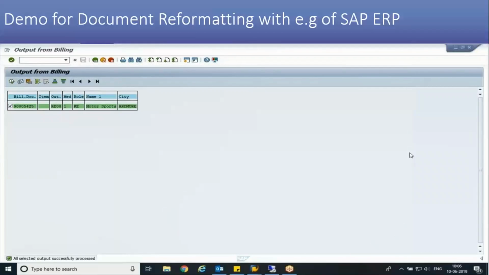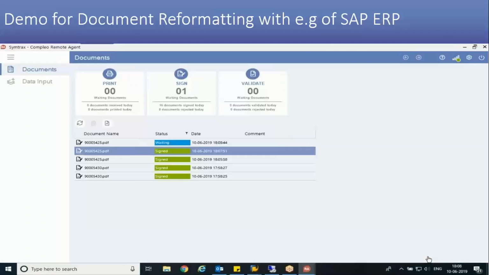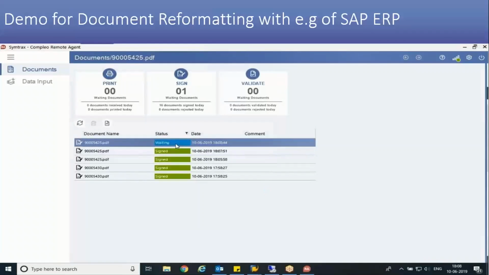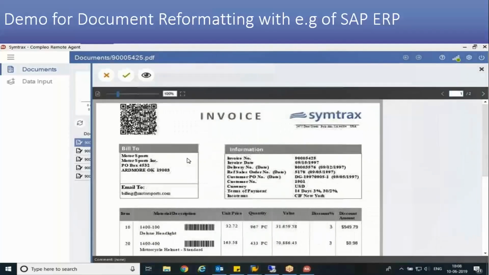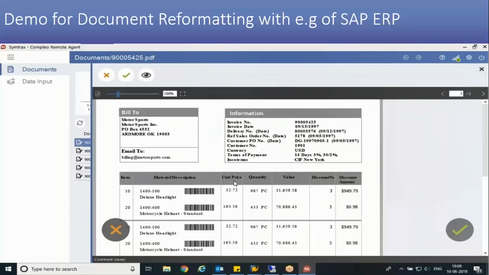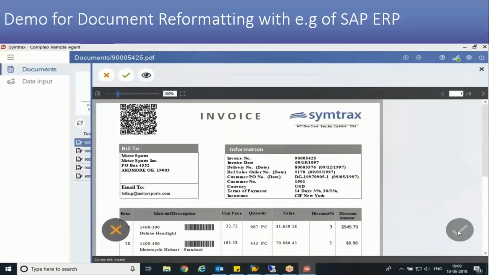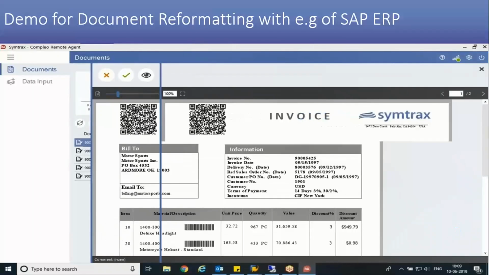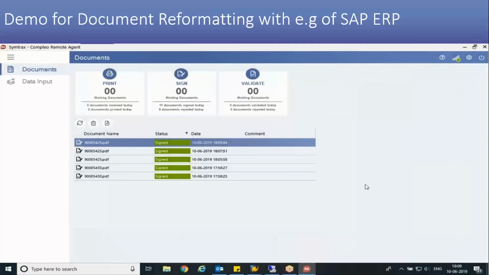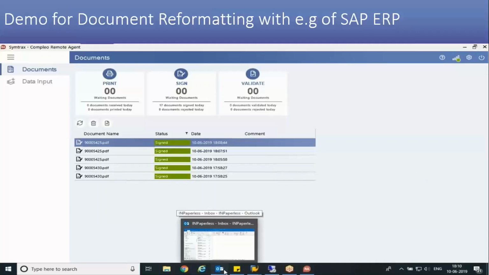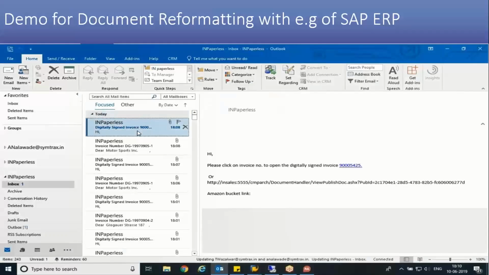The respective authority will receive this document for signature. You simply click, and then he can view this document. Either he can sign it or reject it. Let's suppose he has signed this document. Now the output, he will have it in the email. If you want to have a digital signature on it, you can have it, or the document without a digital signature, you can have it in the email. Now you can see here,